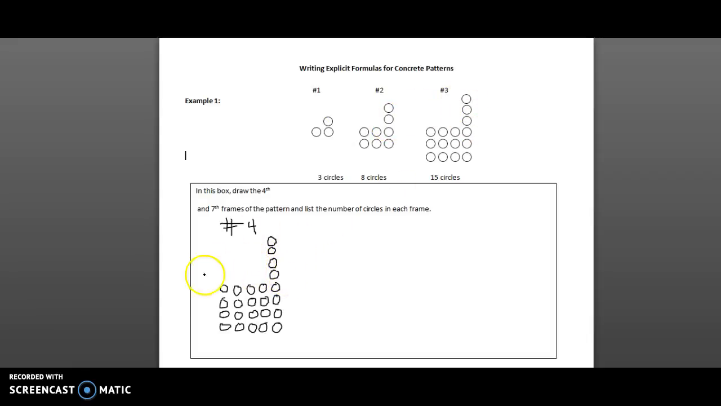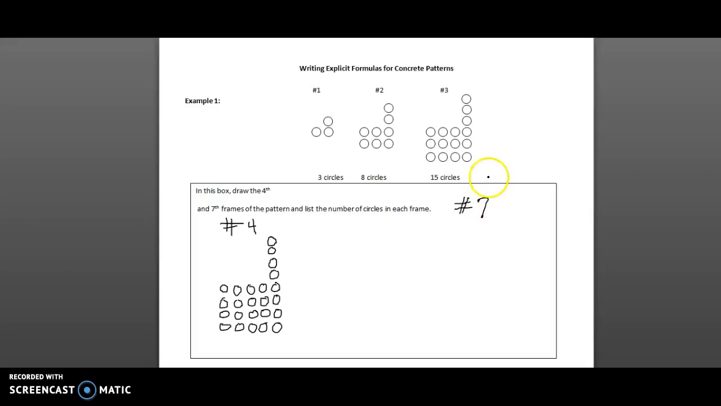So the way that I drew the 4th frame is recursive in nature because I relied on what my 3rd frame looked like, and I just kept adding 1 to each of the dimensions to get to the 4th frame. I could do that to get to the 7th frame, but I would also then need to draw the 5th and the 6th frame, and I don't want to do that. I want to be able to skip. So when I draw the 7th frame,